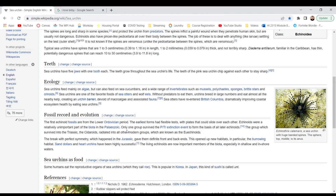The first echinoid fossils are from the lower Ordovician period. The earliest forms had flexible tests with plates that could slide over each other. Echinoids were a relatively unimportant part of the biota of the Paleozoic. Only one survived the PTR extinction event to form the basis of all echinoids. The group which survived in the Jurassic,